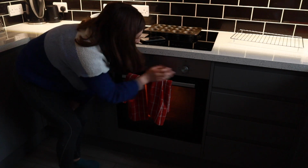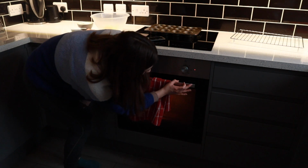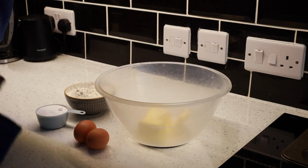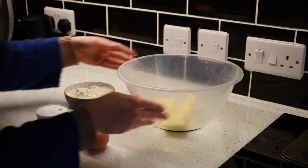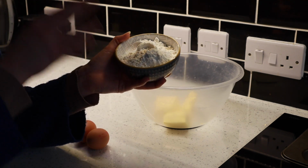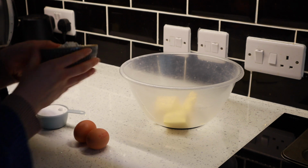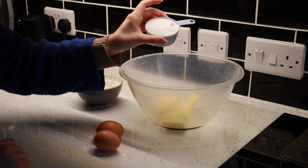So first thing I'm gonna do is put the oven onto 165 degrees on bake. We want to cook these cupcakes a little bit slower than normal to get that nice smooth dome. For the cupcake, as I said, we're only going to need 4 ingredients. That's softened butter, 125 grams, some self-raising gluten-free flour. If you don't have gluten-free self-raising flour, don't worry, just use 150 grams of normal gluten-free flour and add in 1.5 teaspoons of baking powder, 2 eggs, and 100 grams of sugar, which is roughly about half a cup, and